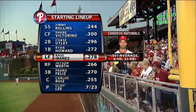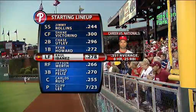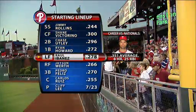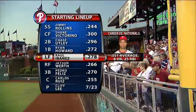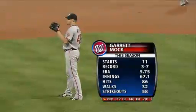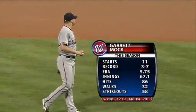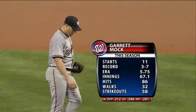Raul Ibanez, the left fielder, bats fifth. Jason Werth is the number 6 hitter. Pedro Feliz, the third baseman, bats seventh, followed by Carlos Ruiz, the catcher, hitting 8th. And batting 9th and pitching, of course, and he's turned into a pretty good hitter, it's Cliff Lee, and they'll face right-hander Garrett Mock, who is making his 25th appearance overall this year, his 12th